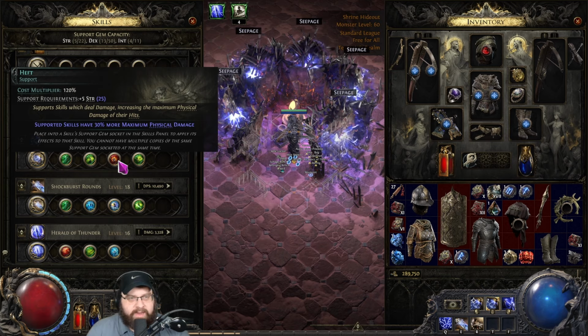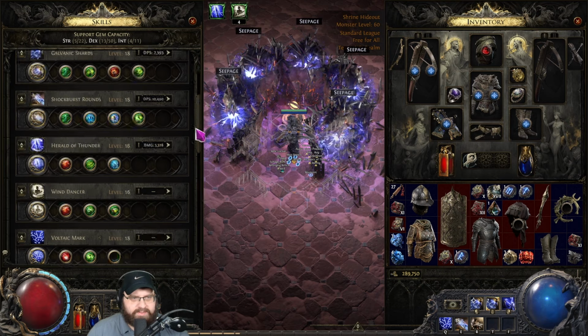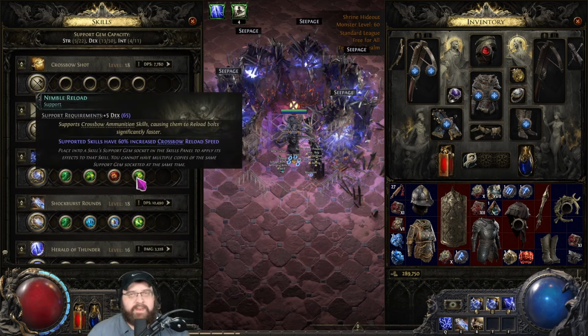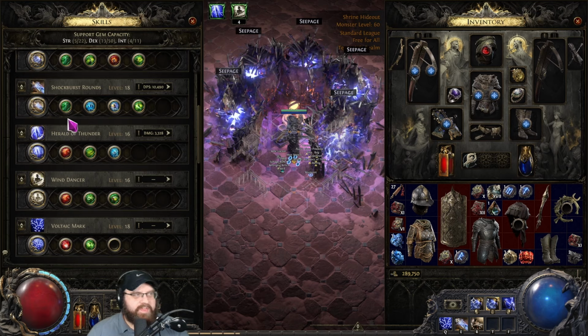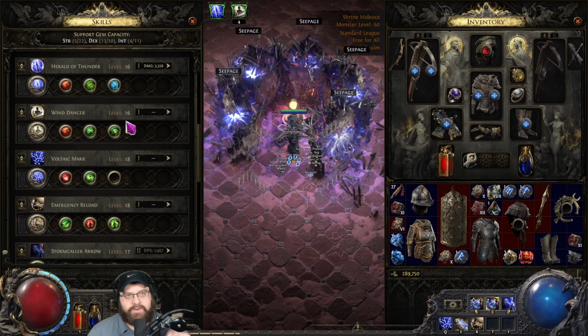That does damage, right? I would assume you could do Lightning Infusion. I don't think I have Lightning Infusion twice, so yeah, you can do another Lightning Infusion instead of Heft. And then Nimble Reload because we need the reload speed. Okay, so Shock Burst Rounds, everything's the same. Herald of Thunder, everything's the same. Wind Dancer, very